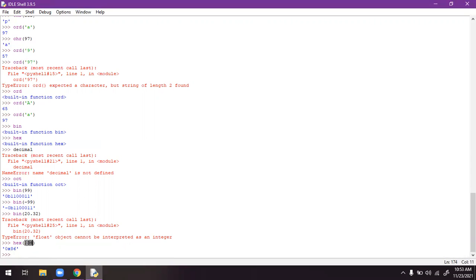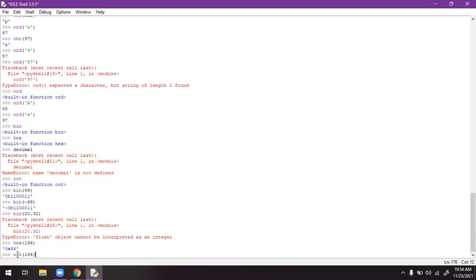This 134 is a decimal number, so the magnitude in hexadecimal for 134 is 86, and the x represents a hexadecimal value. Let me check the octal number also.